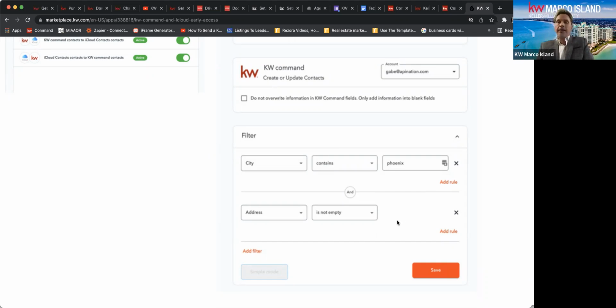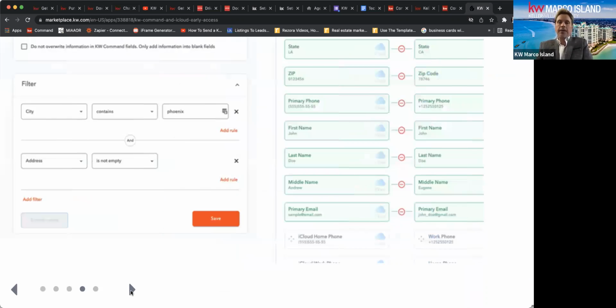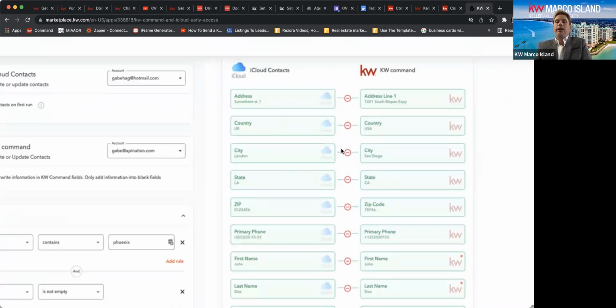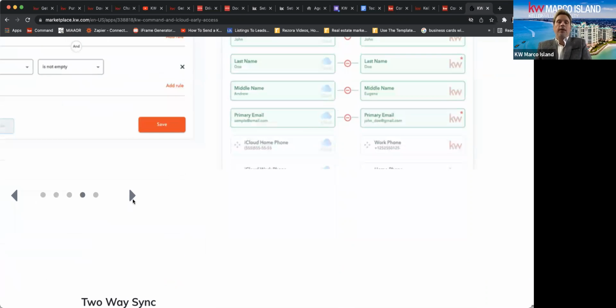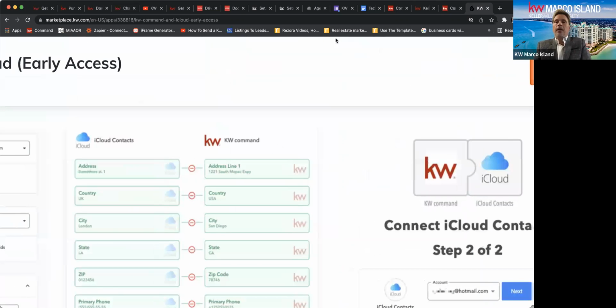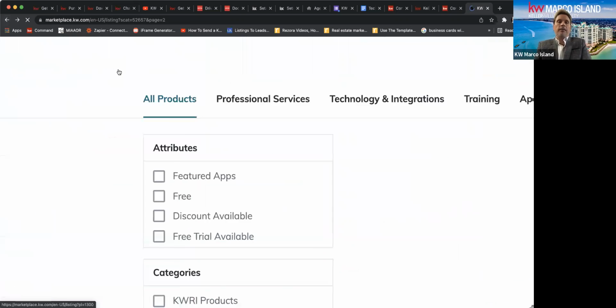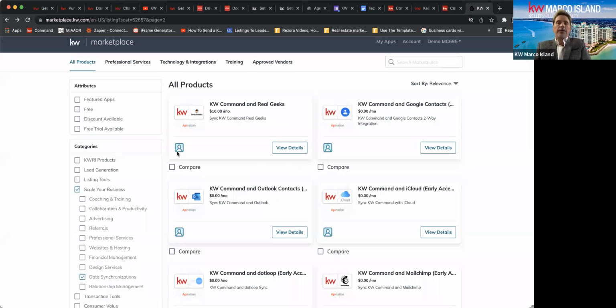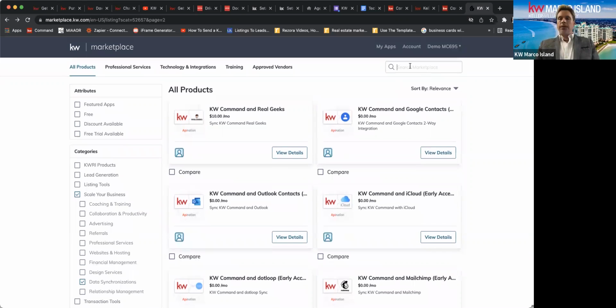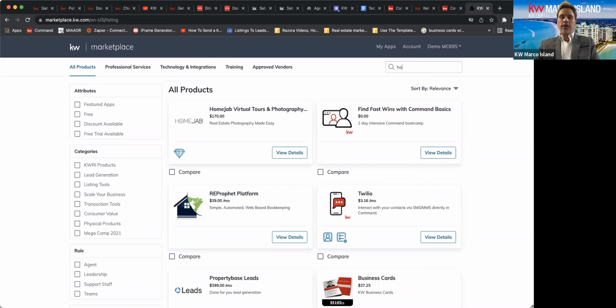Then we can tag them in bulk. And I'll show you the tagging here in a second. But this is going to save you a lot of time if you have integrated this, because you'll have a database on day one. So, okay, that's all good. That is one of the, I would take advantage of that product. I'm going to do a specified class on just that, so you guys can get all of that into your systems. I'm going to go back to all products because there's a couple other, Homekeeper,